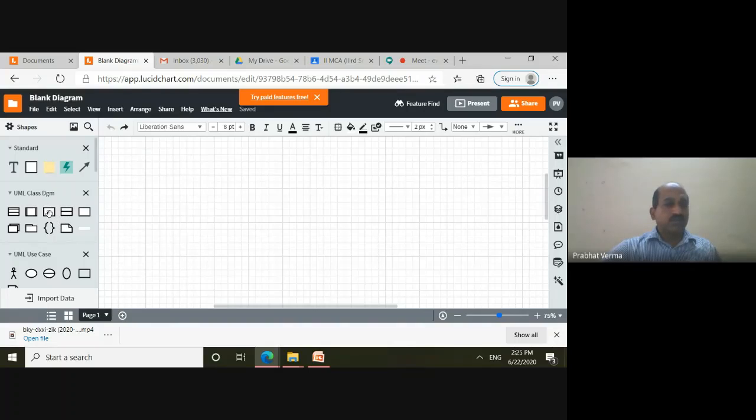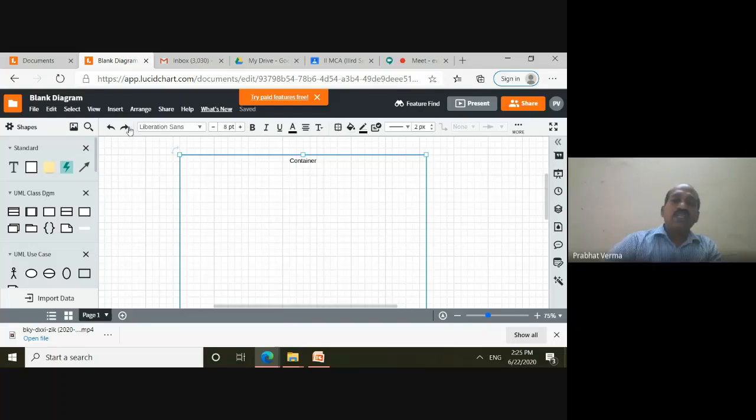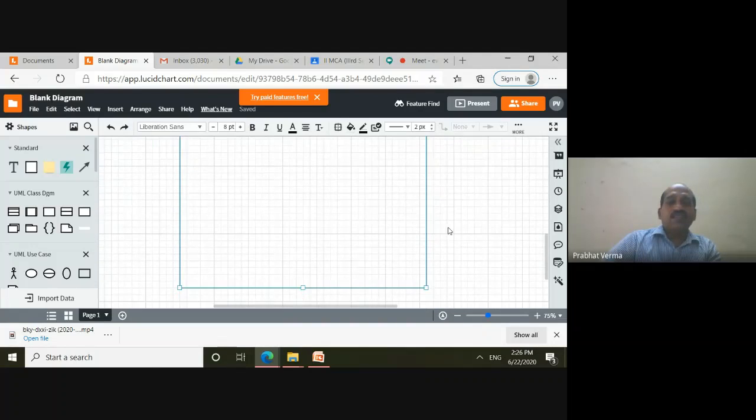Okay, now let us begin. First we have to draw this container. This container shows the system boundary, in the sense that all the use cases should be contained within this container.